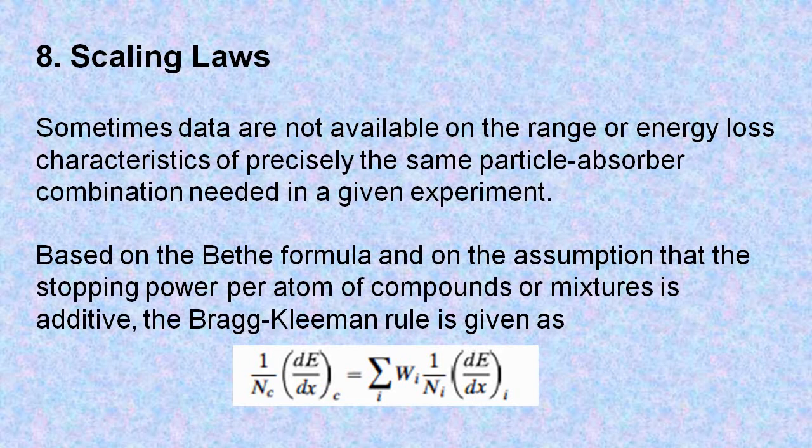So what you can do is use the data of A, B, C and D, and find what will be the value when they are used as a compound. And the equation is 1/Nc (dE/dx)c = Σ Wi (1/Ni)(dE/dx)i,